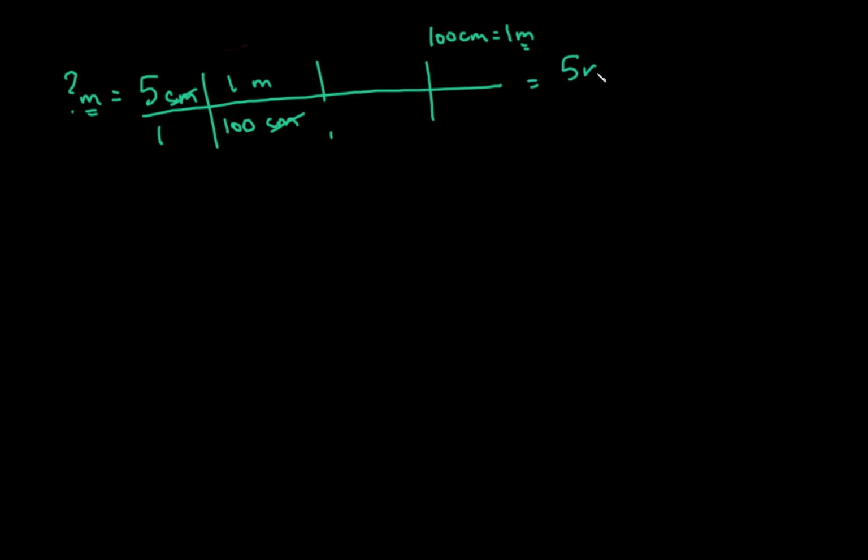We end up with 5 meters over 100, so that's 1/20th, right? 5 goes into 100 20 times. So it's 1 over 20 meters, which happens to be 0.05